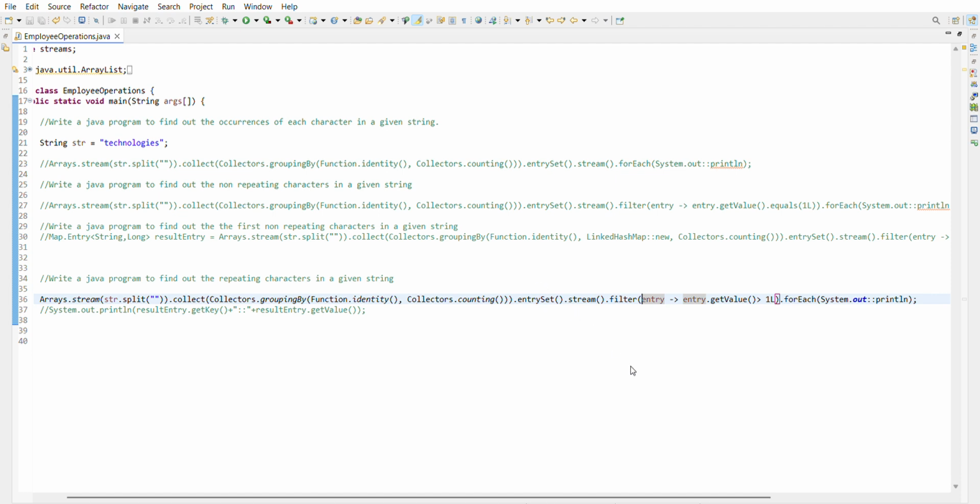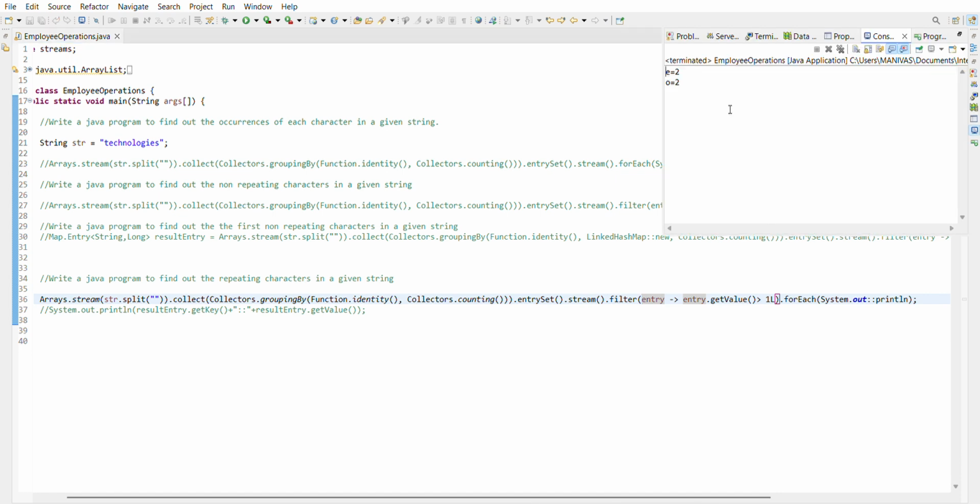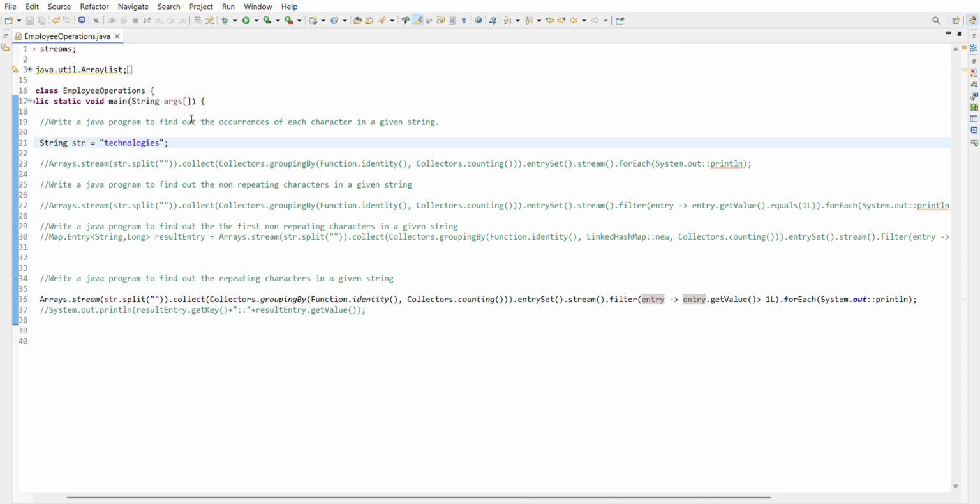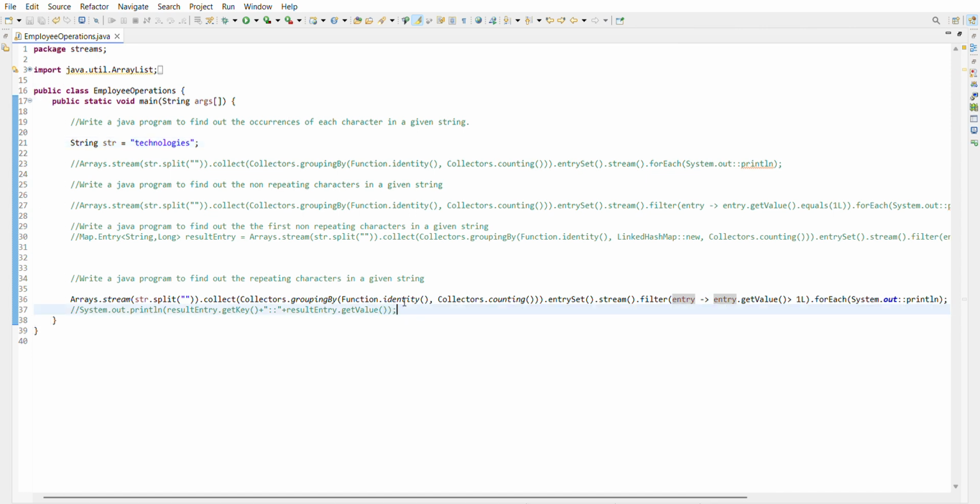See, duplicate characters, repeating elements. So E occurred two times, O occurred two times in this given string. Now, next,